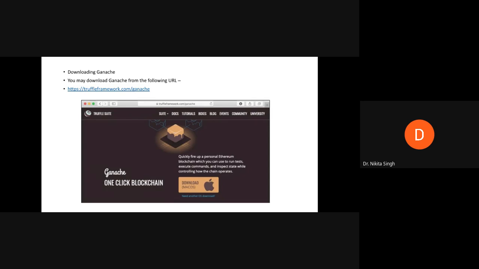You simply click on this website, trufflesuite.com/ganache, and it will direct you to the website where you can download the Ganache blockchain framework. Simply click on download and it will start the installation of the blockchain test environment.